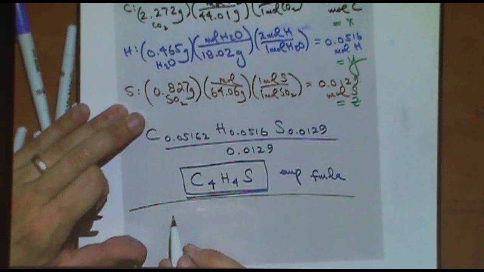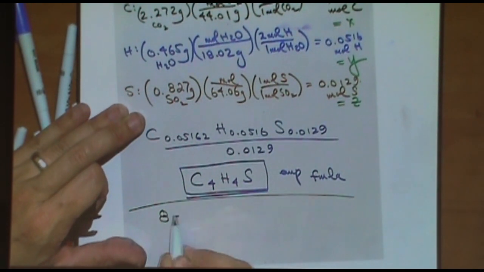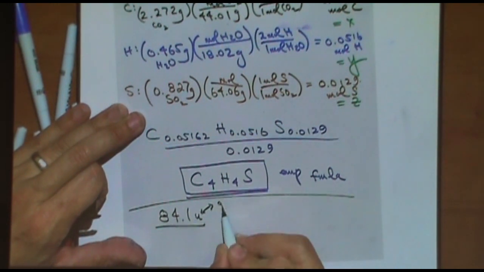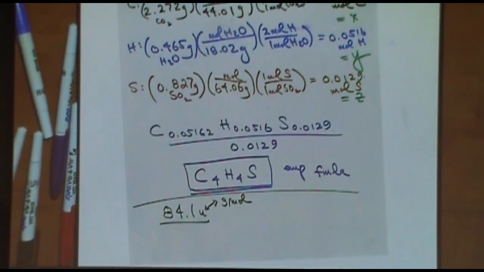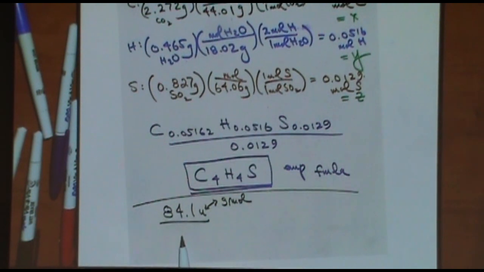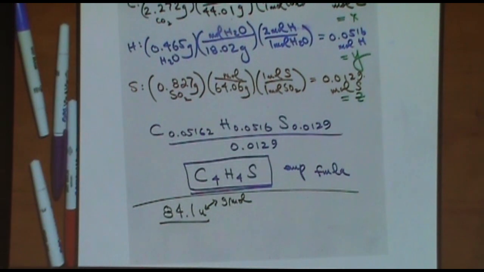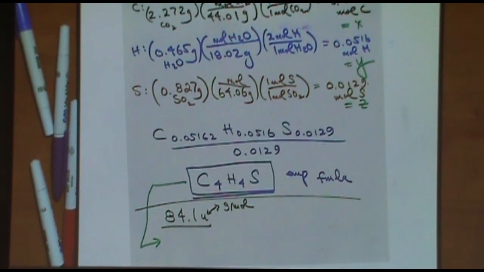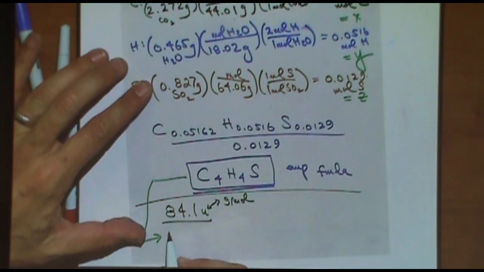For the molecular formula, it gave me in the question 84.1 U. Remember U, if you forgot, is essentially similar to grams per mole. It's just the microscopic versus the macroscopic unit. I need to divide the given number by what number? Molar mass of? Yeah, the empirical formula, which is this one. So I need to use a periodic table to find the empirical formula. I did that and I got